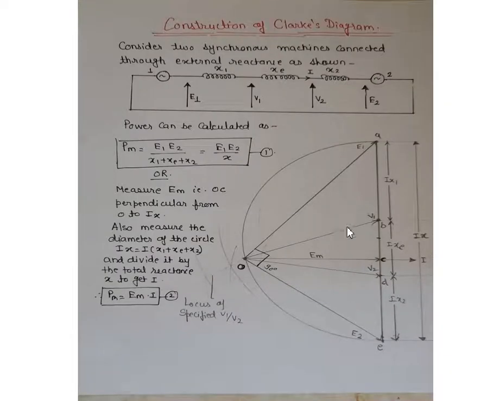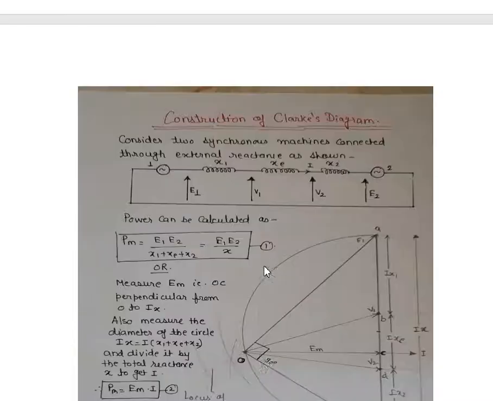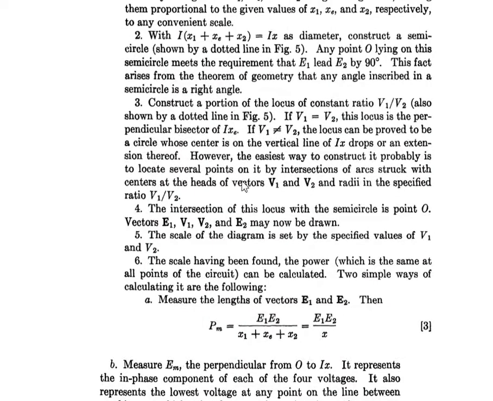What we do here now is take this as a diameter, so this will be the center. With this center, draw a semicircle with your chalk. Okay, and if I select any point O and join it with OA and OE, what we find is that it makes a 90 degree angle. Correct? Okay. Then the third step.